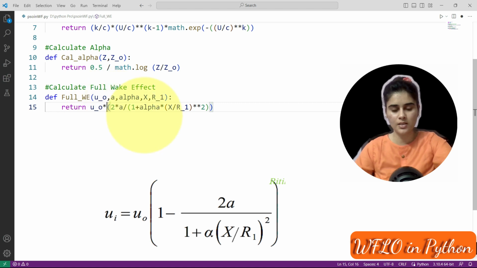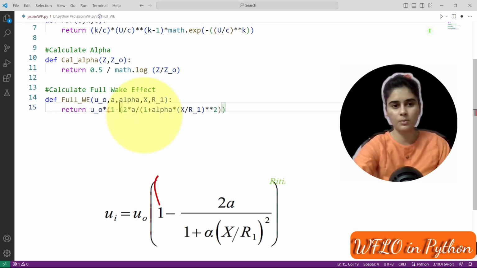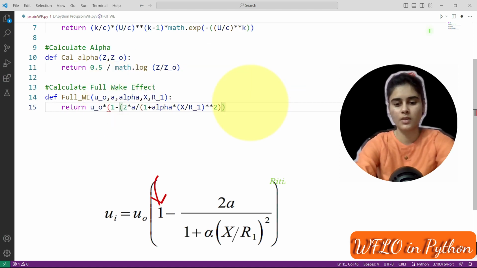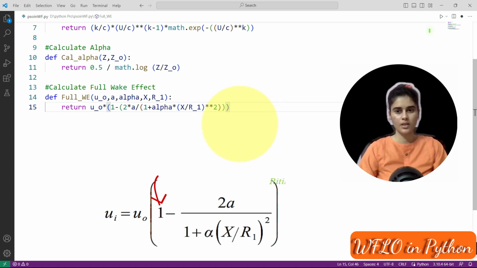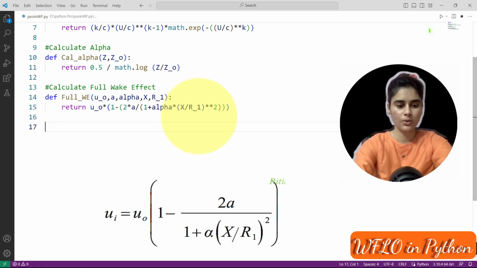Here this is 1 minus 2a divided by this. So this is to calculate the full wake effect.